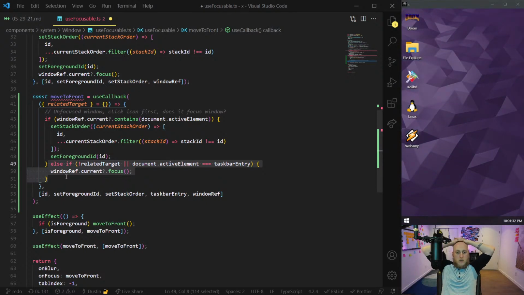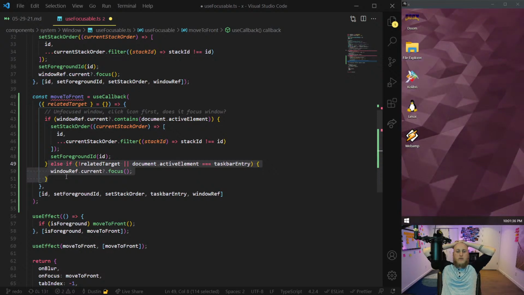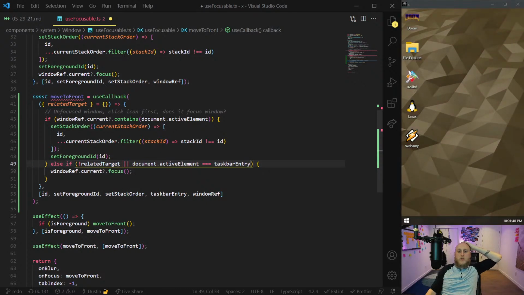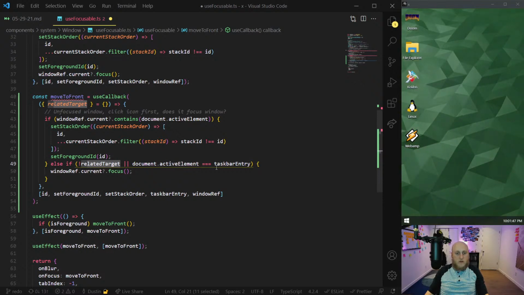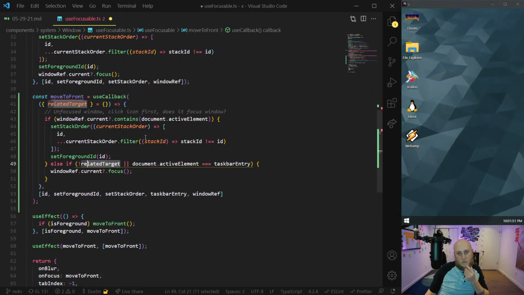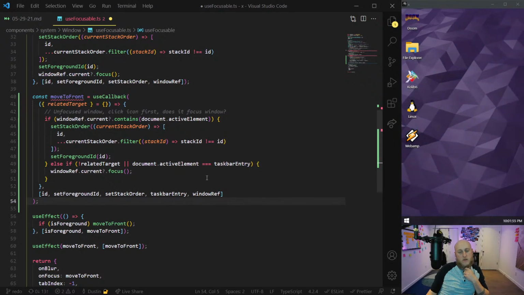I think the idea here is that the window is focused. Okay, so there would be a target here. So an onFocus event occurred. No, the onFocus event wouldn't have occurred though. Right. Yeah, because if this is triggered, there's a good chance it's because it was the onFocus event.